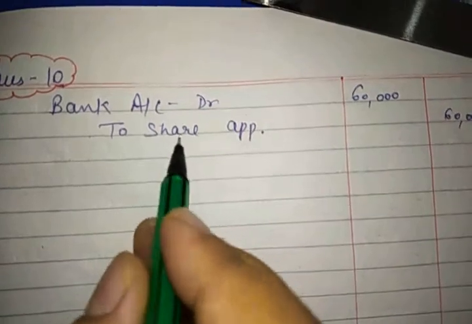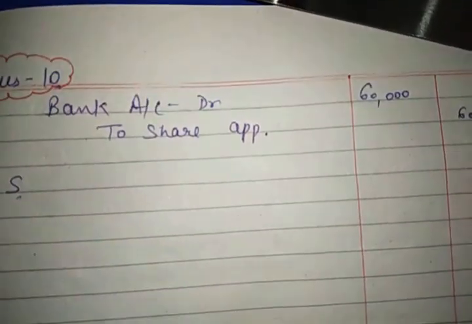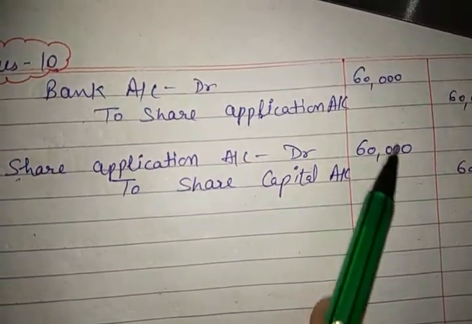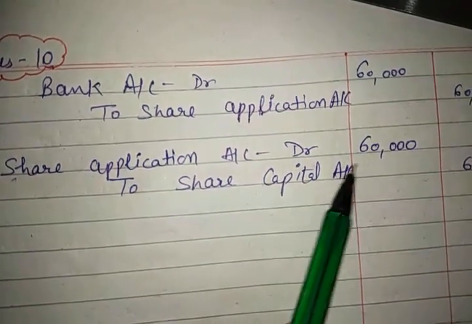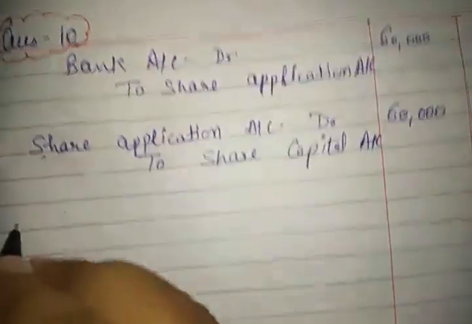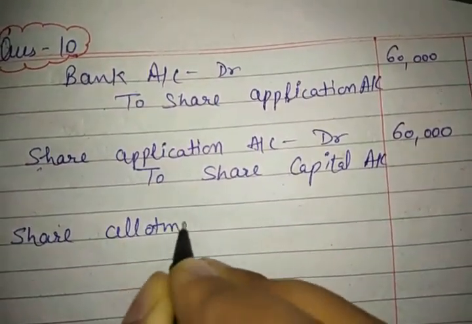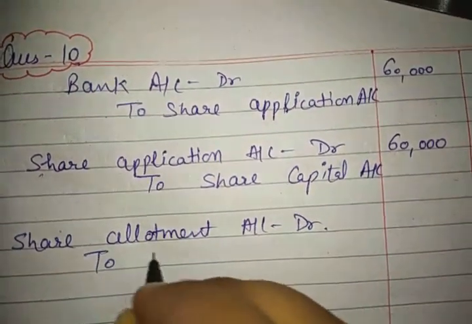Now we will transfer this money of share application to share capital account, and the entry will be share application account debit to share capital account. The same amount will be transferred to share capital account. Next is the entry for allotment. First of all we will make a call for allotment. So the entry will be share allotment account debit to share capital,